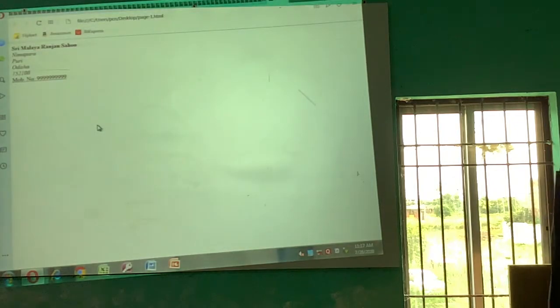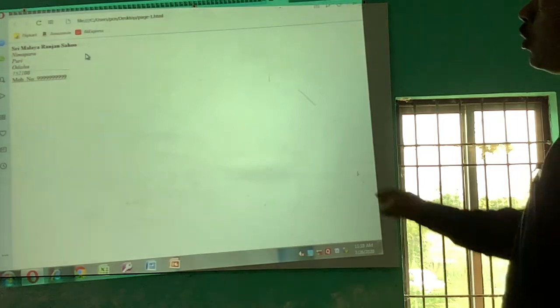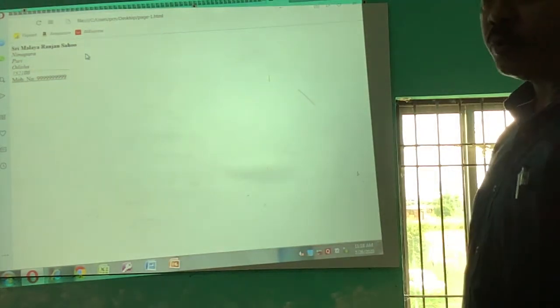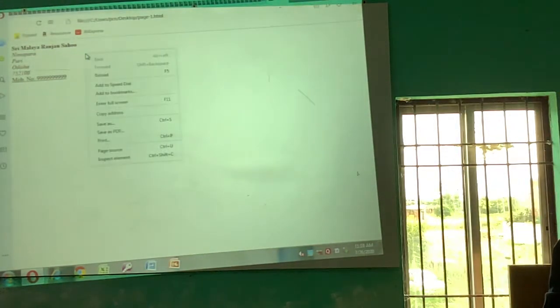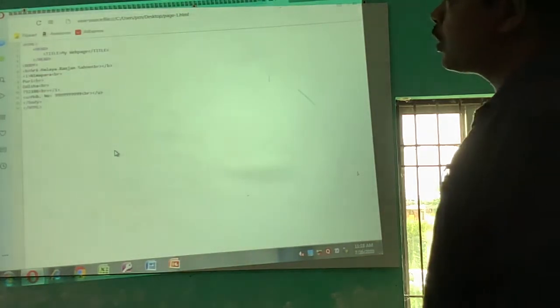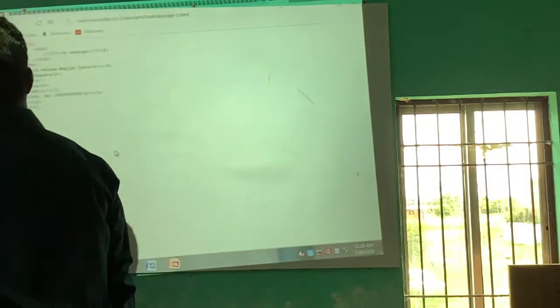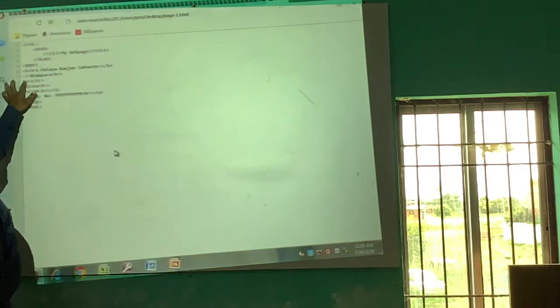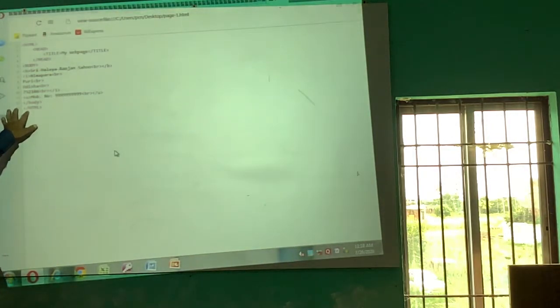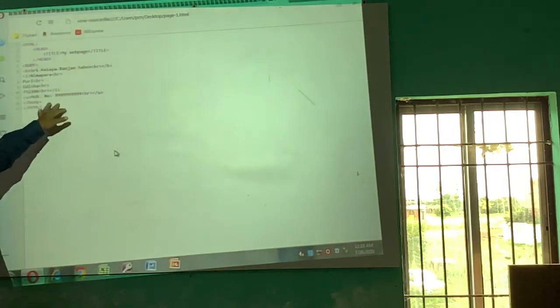Remember, for getting the code, that means what tags or codes were written to produce such output, just right click on it, then choose page source. Now the tags which we typed earlier are shown here.